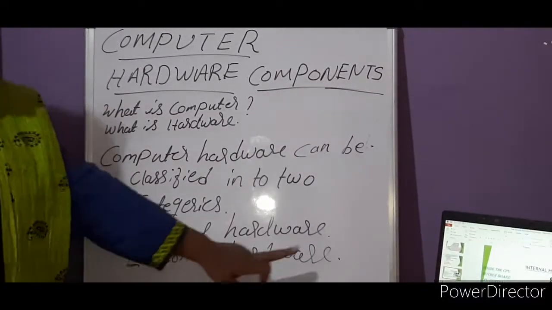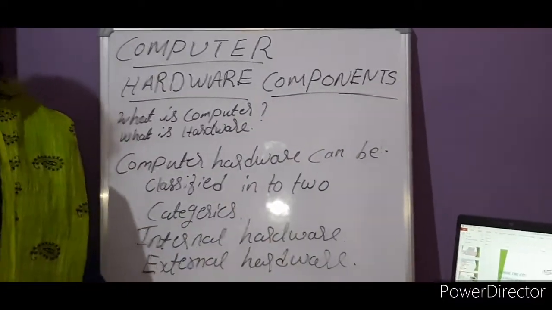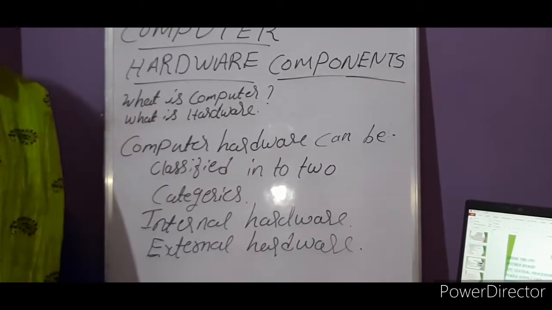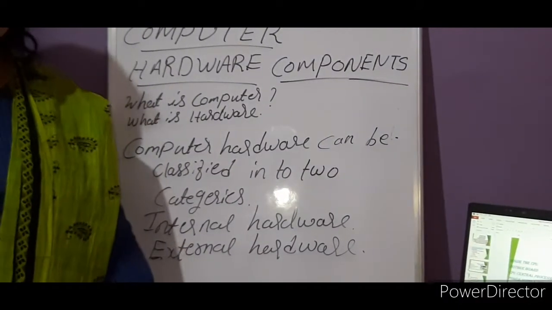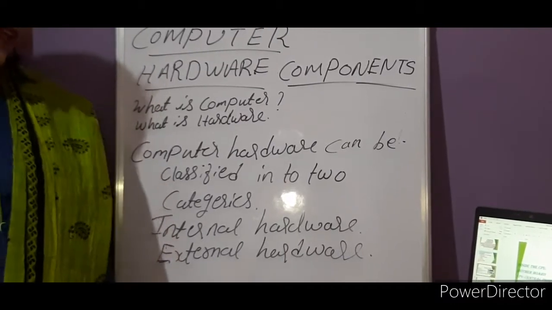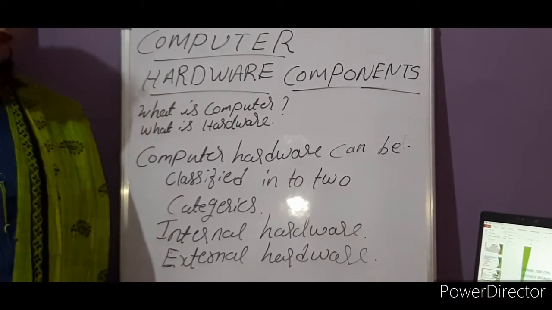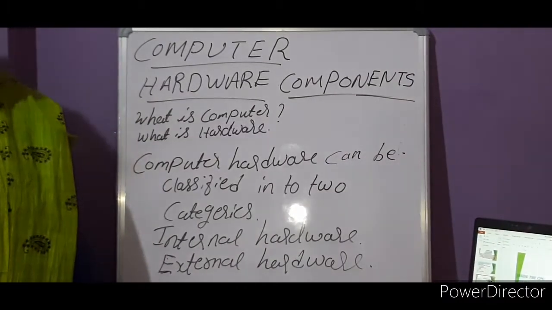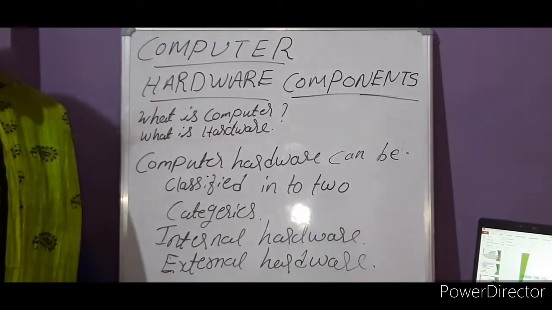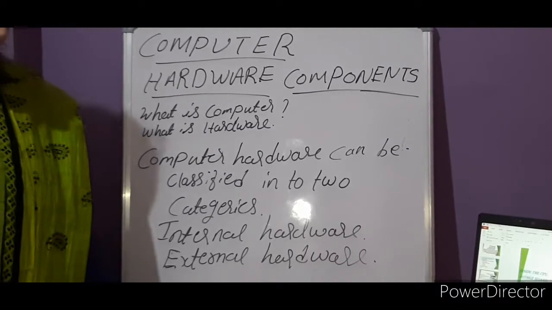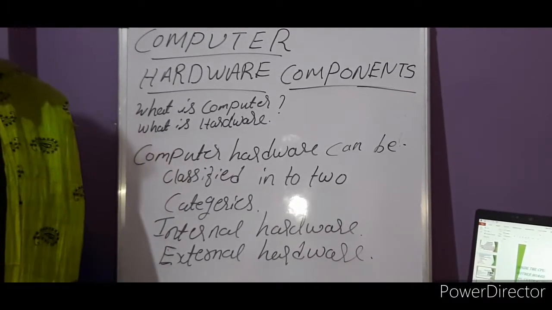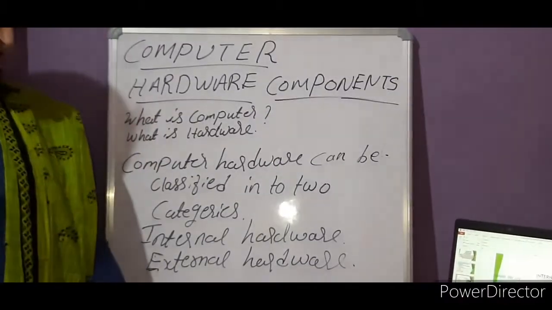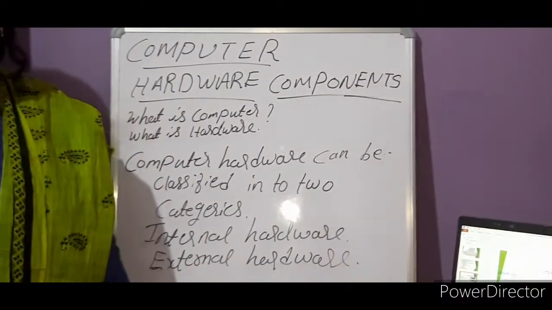Now we will study external hardware. Input devices are used to enter words, numbers, pictures and other commands into the computer. Different types of devices, like the keyboard, mouse, joystick, scanner, light pen and microphone, are some common input devices. There are also processing devices, output devices and storage devices.